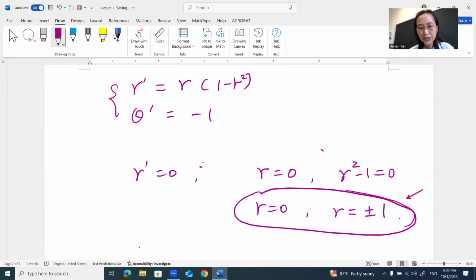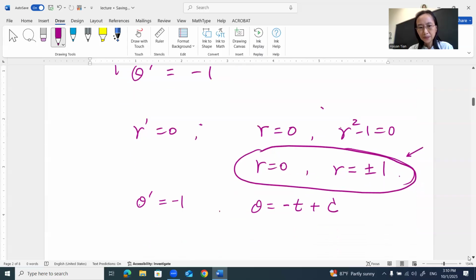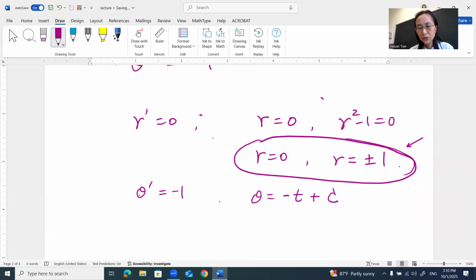The second equation: when the theta derivative is -1, then we can find that theta has to be, because theta is a function of t, we do the antiderivative, it's -t plus some arbitrary integration constant. So let's try to look at some special